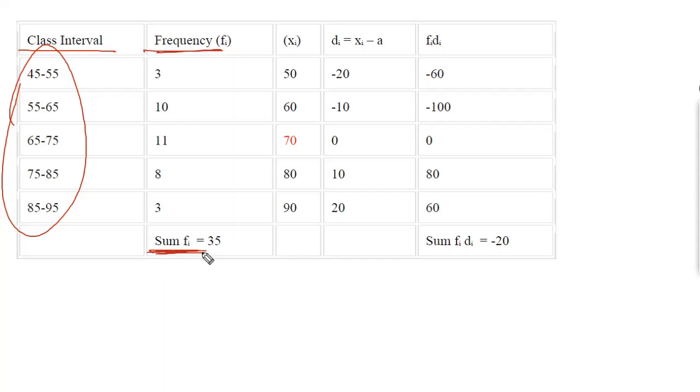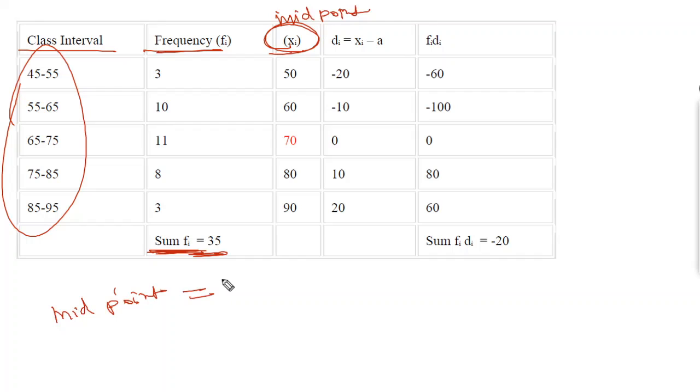We have to find sum of fi, which will be equal to 35: 10 plus 3 plus 11 plus 8 plus 3 will be equal to 35. Then we have to find xi. Who is xi? It is the midpoint. You can also write midpoint. Here you have to write midpoint